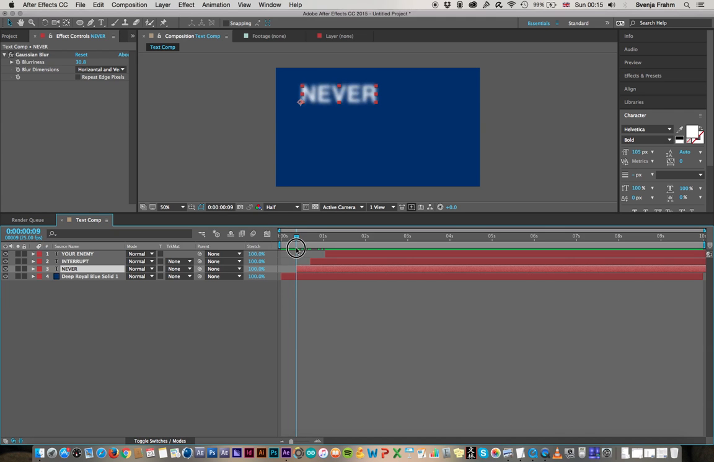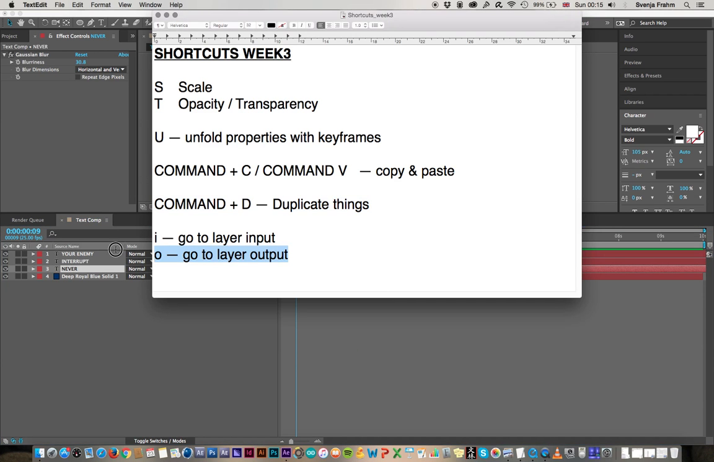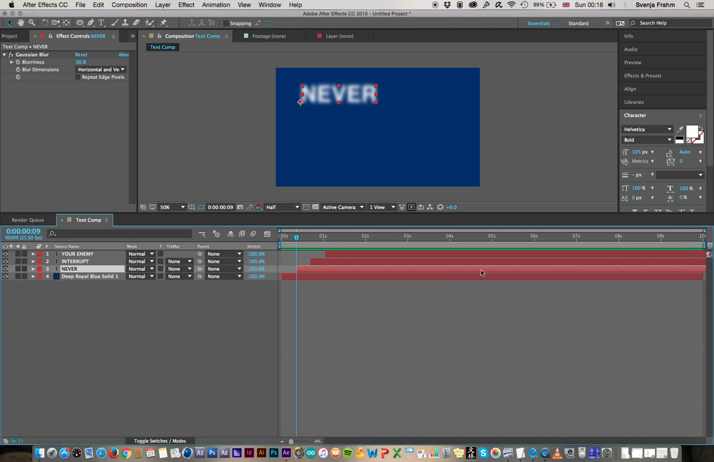It kind of snaps, but there's a much easier way to go to the beginning of a layer, which is really handy for something like this. If I'm anywhere in my timeline and I want to go to the beginning of this layer, all I need to do is select the layer and hit I, which stands for layer in point. It works the same with the out point, so it's I and O,